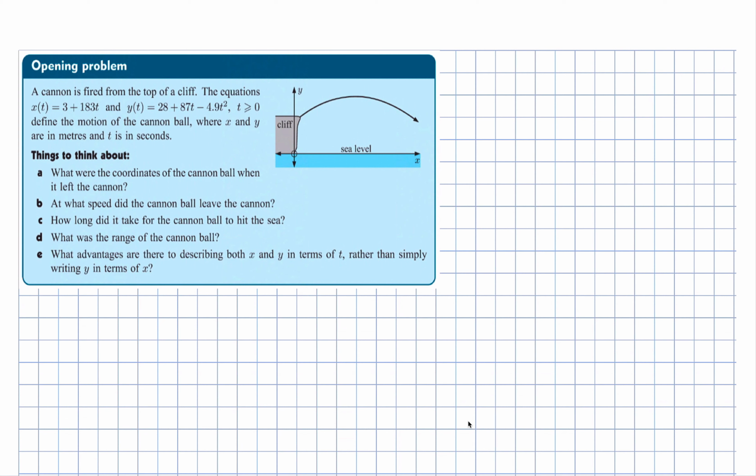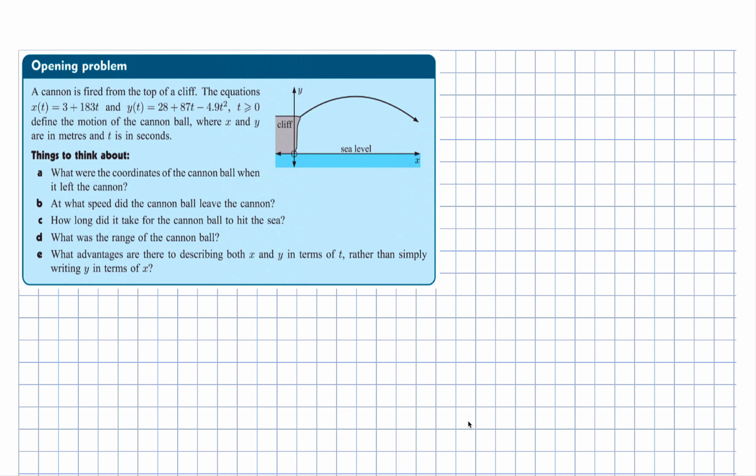We're going to do some calculus, we're going to do it on the vectors, but really it's no new calculus skills, it's just splitting it up into its two components. It's really all we're doing. So like an example like this where a cannon is fired from the top of a cliff, you could have an initial velocity and you might break it up into its horizontal and vertical components,